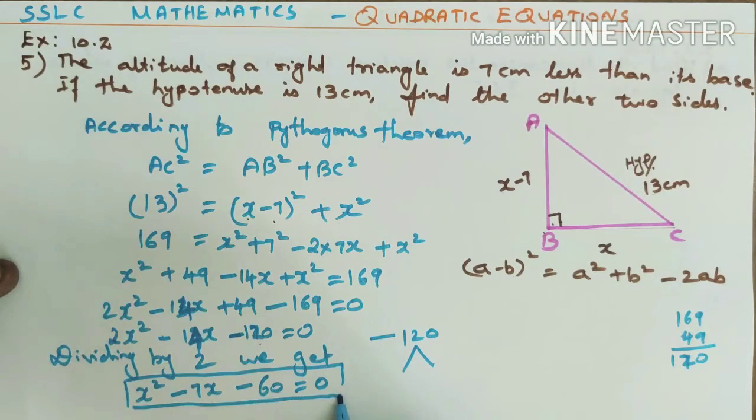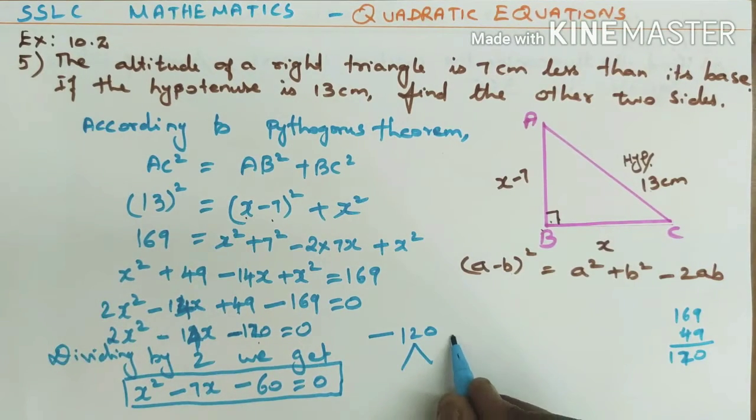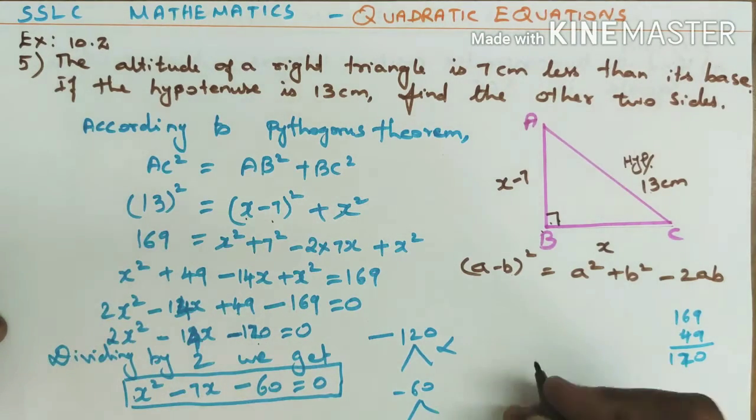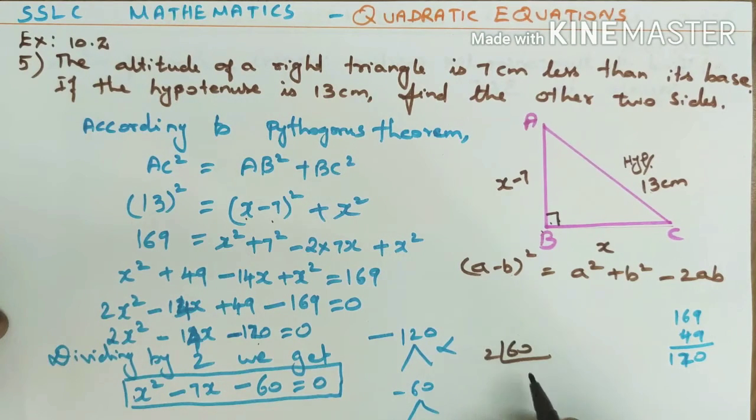So this is in the quadratic equation form. So no need of doing this one, just take this equation. So here 1 into minus 60 is nothing but minus 60. You should find the factor. So how to find the factor? By prime factorization method. 60, if you divide by 2, you will be getting 30. Again divide by 2, you will be getting 15. Divide by 3, you will be getting 5. So 3 5s are 15, here 2 2s are 4. 4 and 15, if you subtract, whether you will get 7?